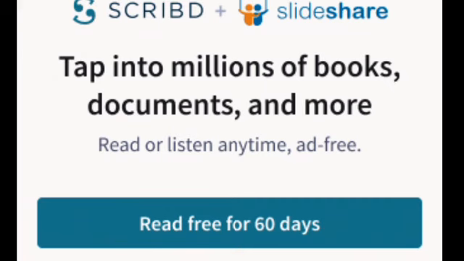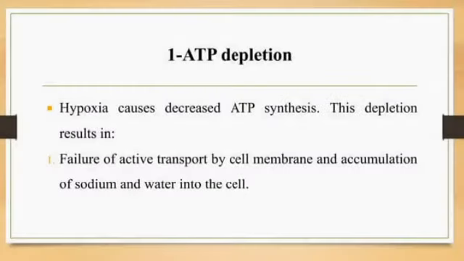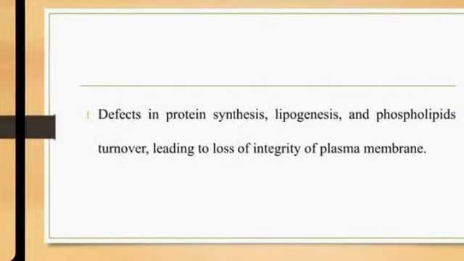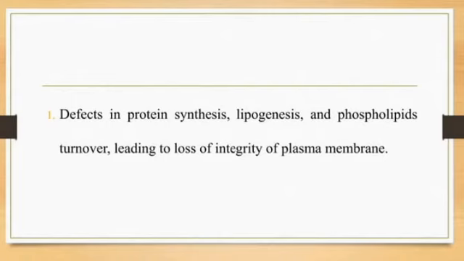First one is the ATP depletion. ATP depletion is because of the hypoxia. This causes decreased ATP synthesis. This depletion results in failure of the active transport by the cell membrane and the accumulation of sodium and water into the cell. Defects in protein synthesis, lipogenesis and phospholipid turnover lead to the loss of integrity